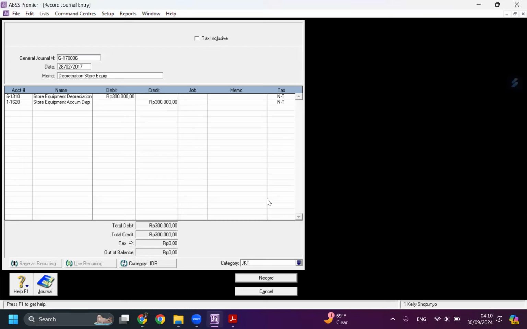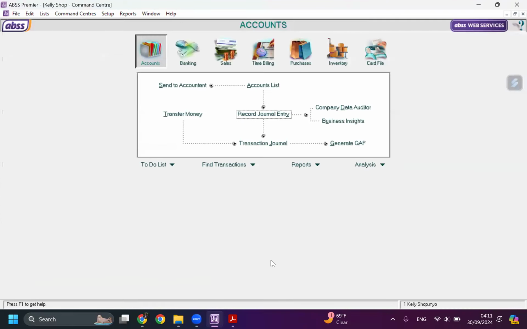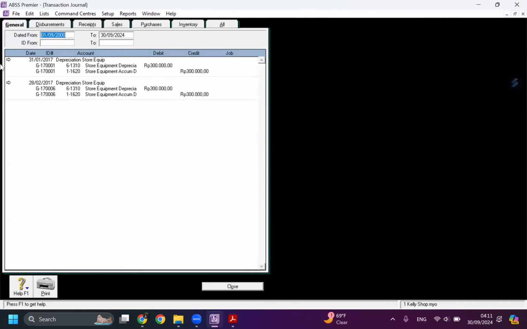Okay, finish. Then the case said that we are going to save this transaction, even though this transaction is on February, we are going to save it. So let's do it based on the case record and finish. Let's check our transaction journal.